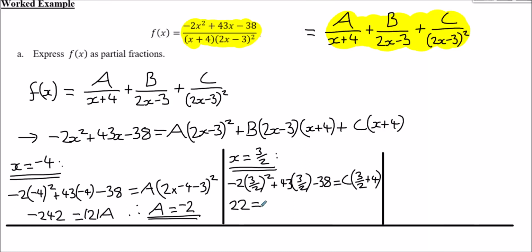So 22 equals 1.5 plus 4. 1.5 plus 4 is 5.5, that's 5.5 lots of c. Divide through by 5.5, we see that c would have to be equal to 4. So c is 4. So even though these numbers are awkward, a, b and c could come out as being